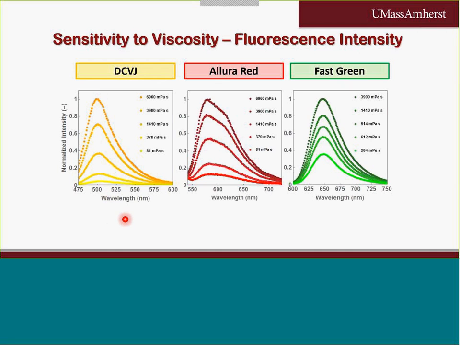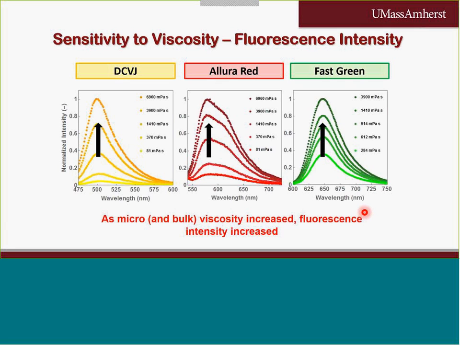This is a conventional molecular rotor that is normally used in research, and these ones are two synthetic dyes that we thought have presumptive molecular rotor behavior. And in all the cases, we observe an increase in intensity as the viscosity increases, not only the micro viscosity but the bulk